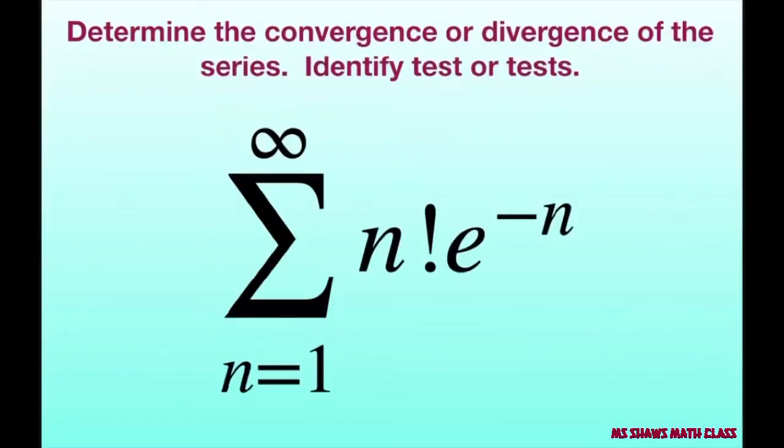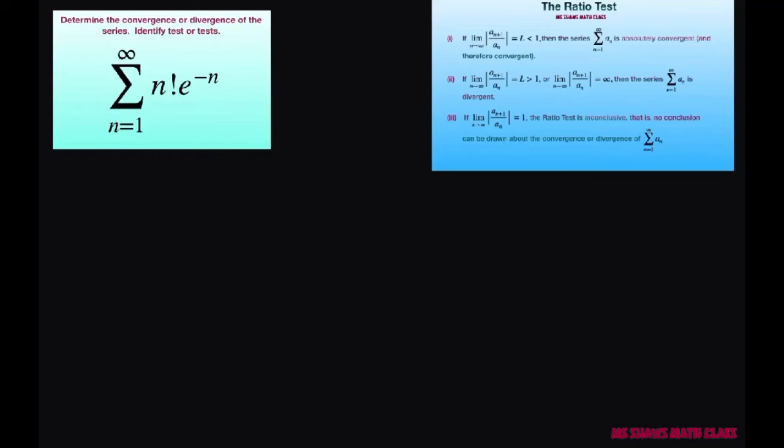Everyone, we're going to determine the convergence or divergence of the series and identify the test or tests. We have n factorial times e to the power of negative n. So let's use the ratio test, and we can also use the nth term test. So I'll do both. Let's look at the limit as n approaches infinity of the absolute value of a